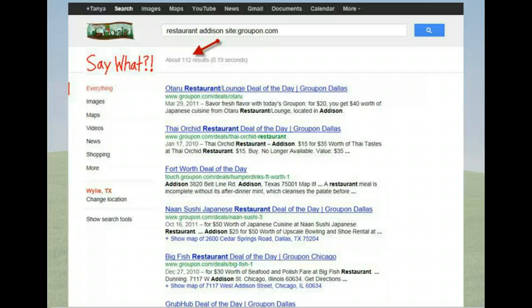So if you're trying to find something in Groupon.com, notice how I've put here Restaurant Addison, because again, that goes back to our initial request. Then next to it, I put the word site, colon, Groupon.com. You see how I have say what? Because most people don't know, look how much that streamlined down the number of restaurants and those that fall within a specific geographic location that I can now find a Groupon for. It's narrowed it down to 112 results, okay?